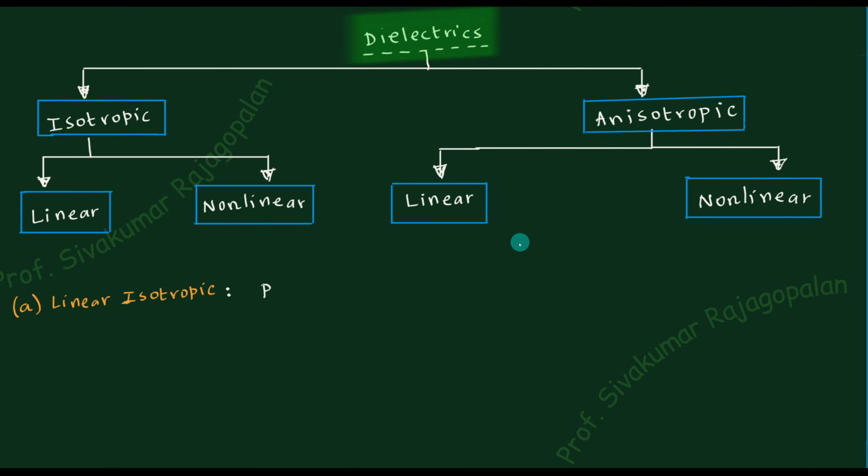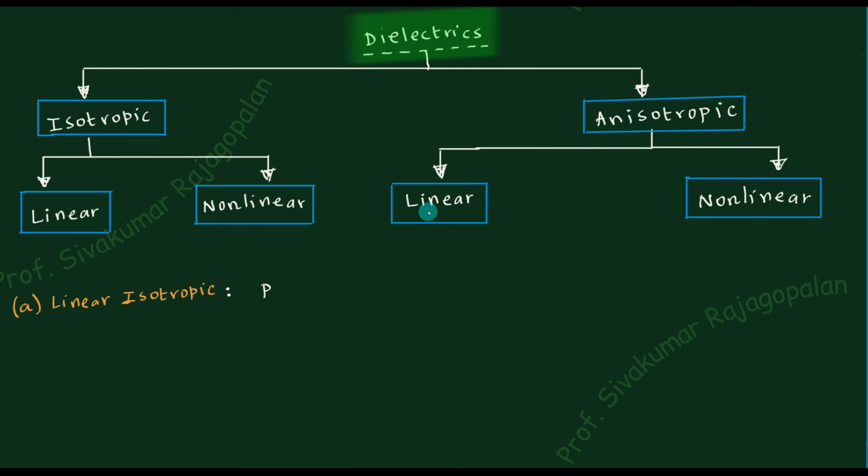So out of the 4, which of them is the easiest or the simplest one? Always linear is the simplest one. Therefore, linear is simplest in this case. Again, linear is simplest in this case. The next difficulty comes to the nonlinear. So nonlinear is there, nonlinear is there. Out of these two, which is easy? Isotropic is always easier than anisotropic, because anisotropic means tensor. Isotropic means scalar. So scalar is easy. So this is scalar, this is tensor.